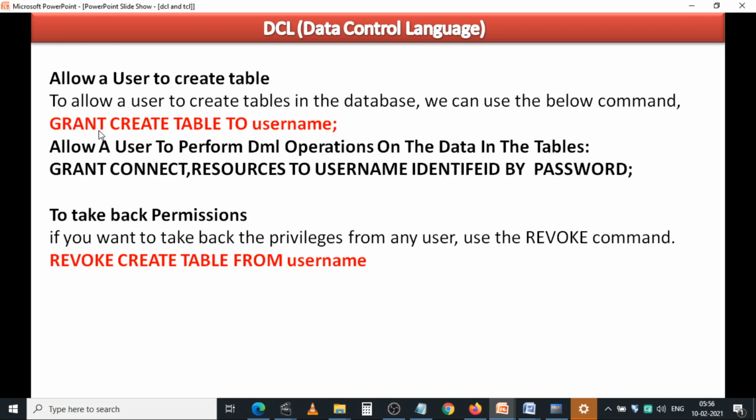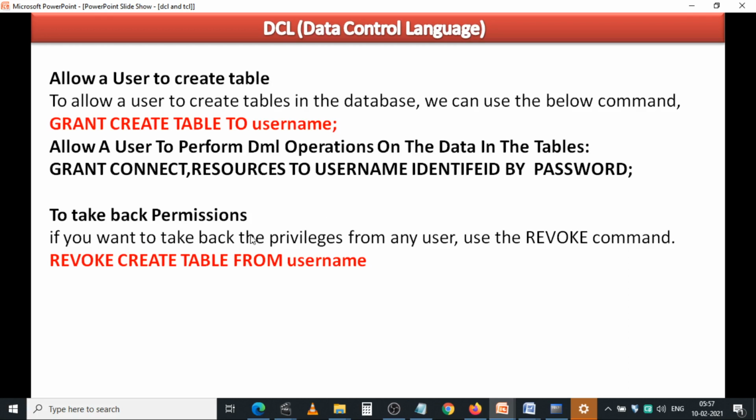Like with this command: grant create table to username. And to allow a user to perform DML operations on the data in the tables, like grant connect, resources to username identified by password. This is for connecting all the resources to the user, not for performing DML operations.